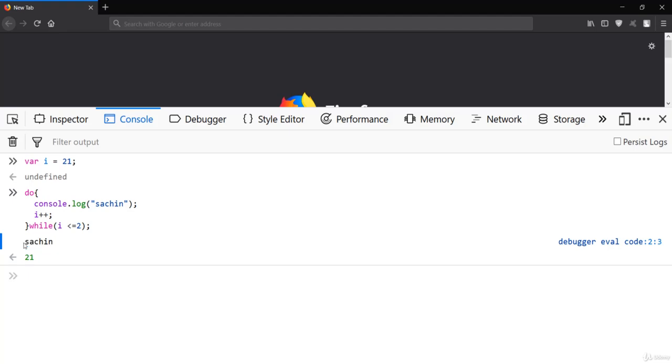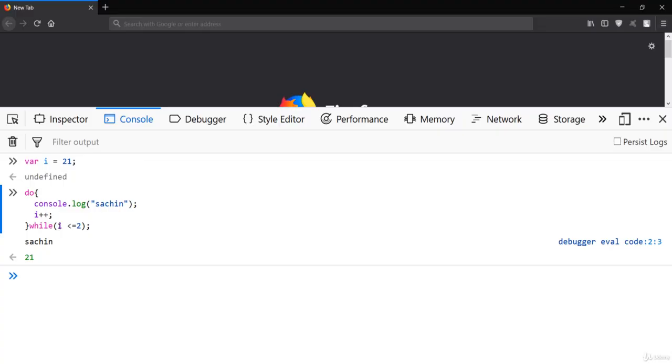You could see over here it is not showing multiple times. That means Sachin has been printed only one time, and whether the condition is true or false inside this while, one time this line of code will be executed. It won't matter what this condition inside this while statement is. So this is the difference between the do while and the while loop.